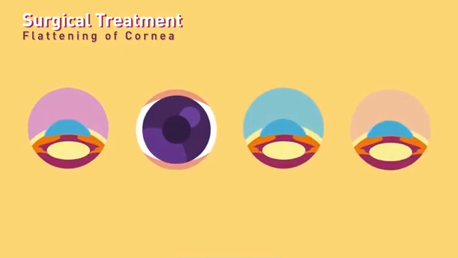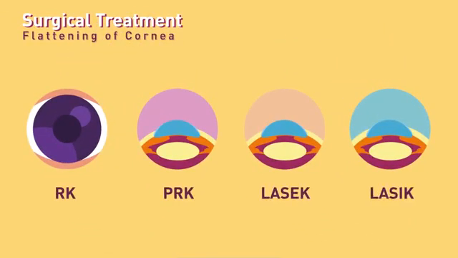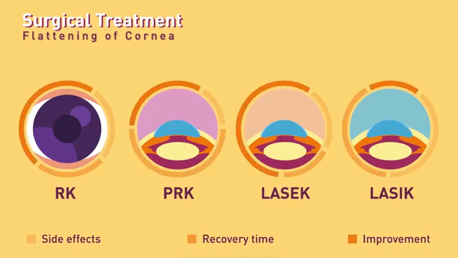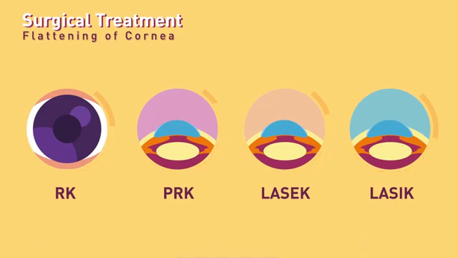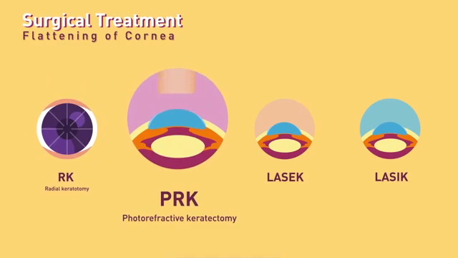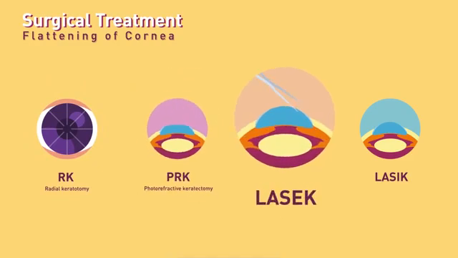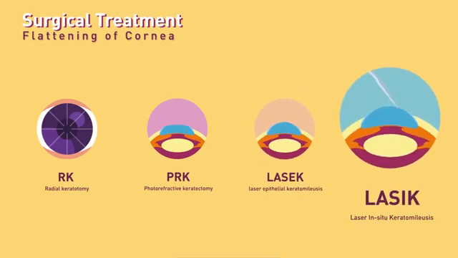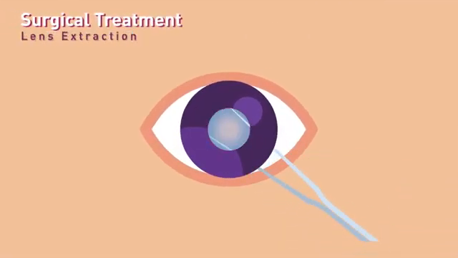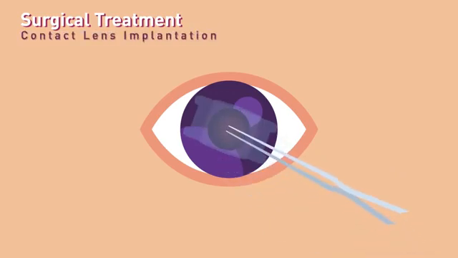Surgical treatment. Flattening the central part of the cornea. This includes different methods that were changed and advanced, depending upon reduction of side effects and recovery time and improvement of degree of vision. The surgeries included in this category are radial keratotomy, photorefractive keratectomy, LASEK, laser epithelial keratomileusis, and LASIK, laser in situ keratomileusis. Other surgical treatment options are lens extraction, contact lens implantation,